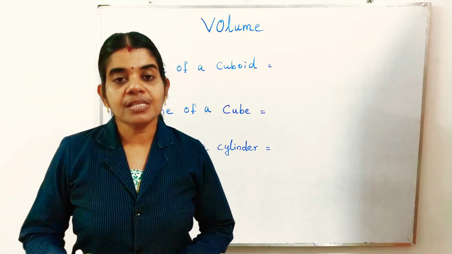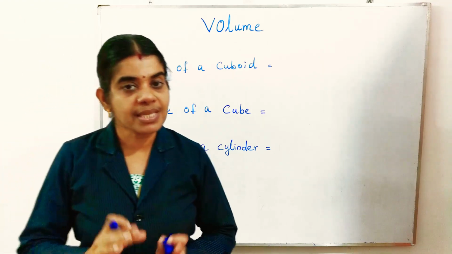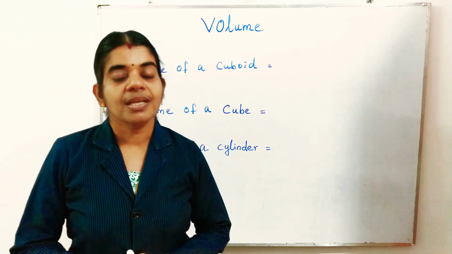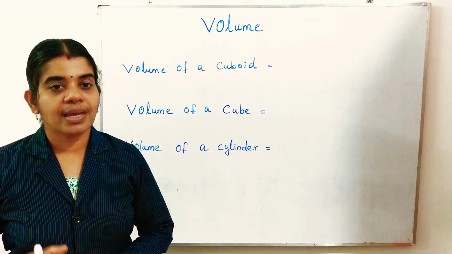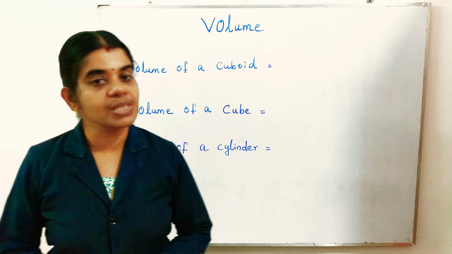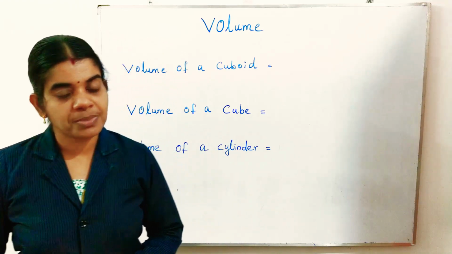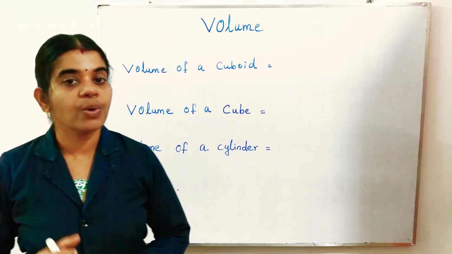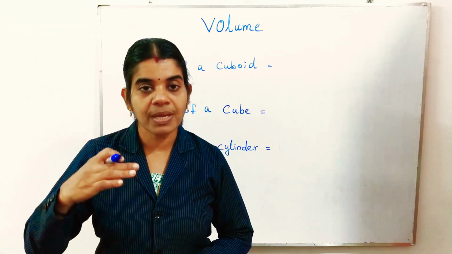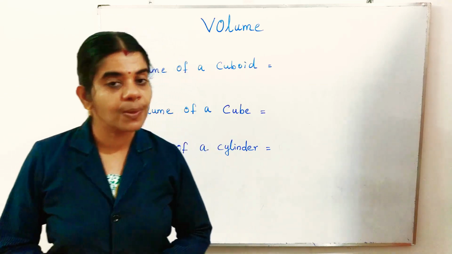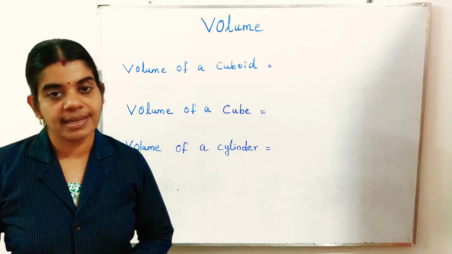Then, what about a hollow object, that means it will be open, its inside will be vacant? How much air or how much liquid can occupy its interior, that is known as its capacity. In the case of a solid object, we say volume. In the case of a hollow object, how much liquid or air can occupy the interior of that hollow object is known as the capacity of that container.